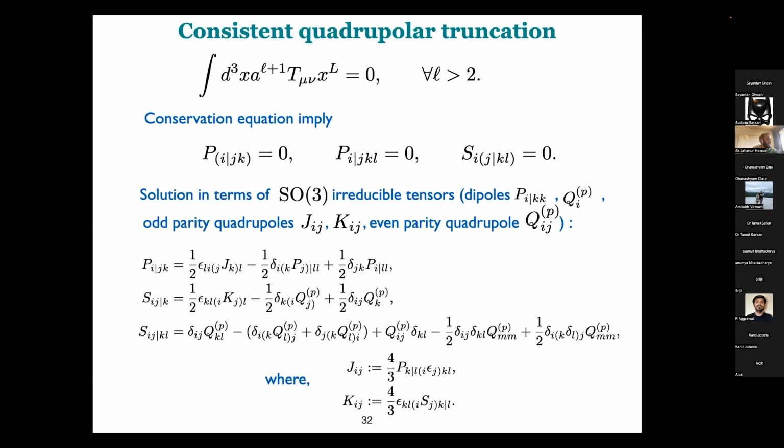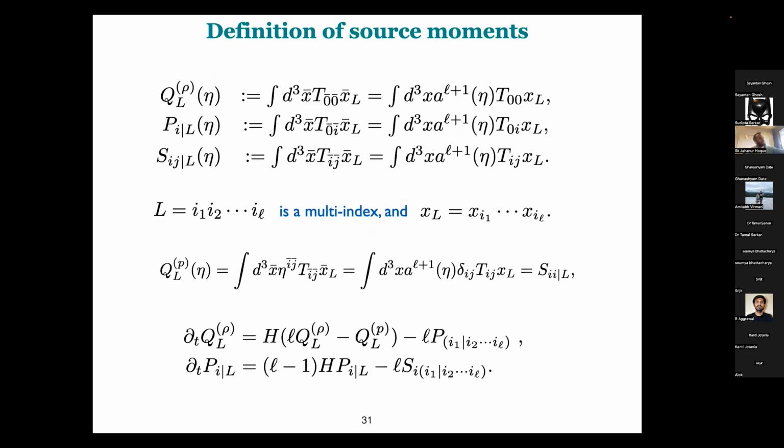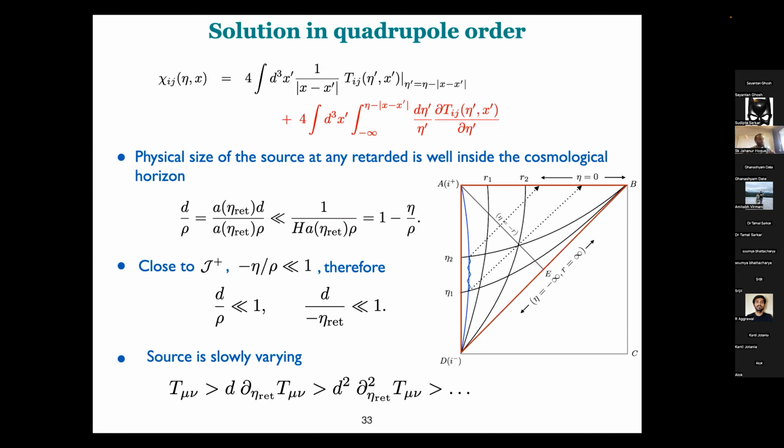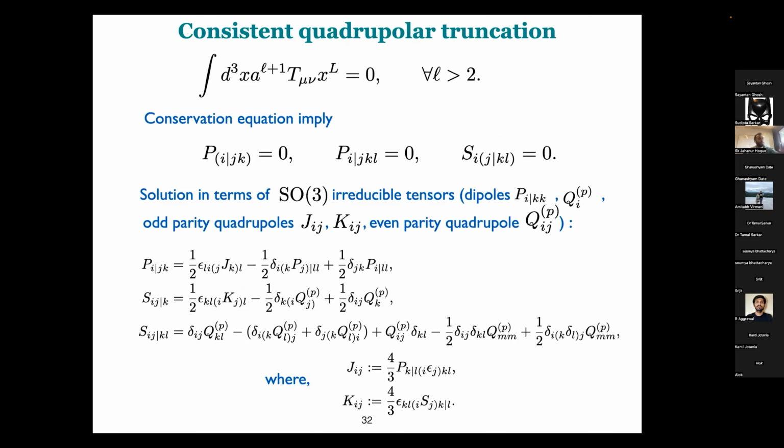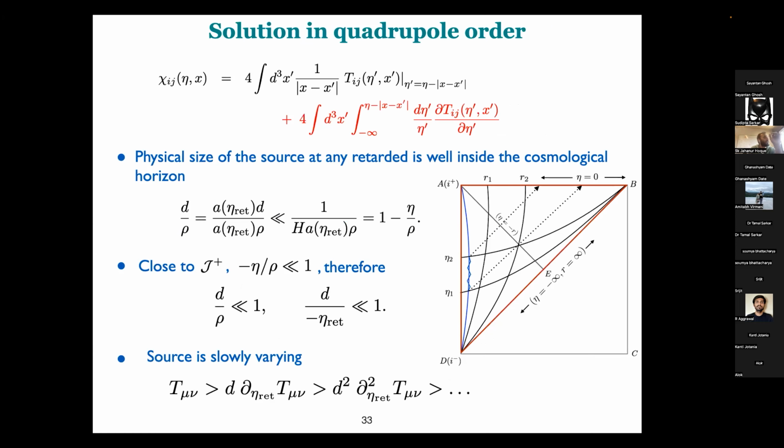So this is basically d3x T_ij x_k x_l, but it involves the Q_ij term. Okay. So this integral, S_ij kl by definition, I just put the two indices k and l, so this becomes T_ij x_k x_l. But this contains the Q_ij term. So if you look at this one, we then defined other moments. Those details are not that important. So then we try to solve this